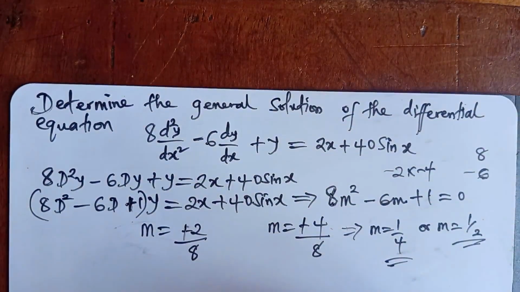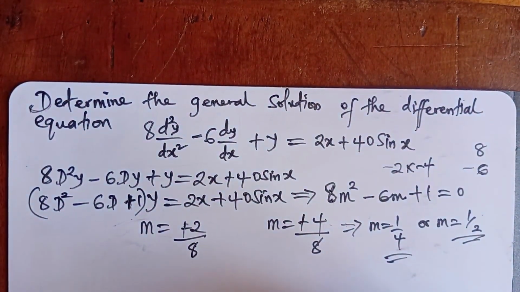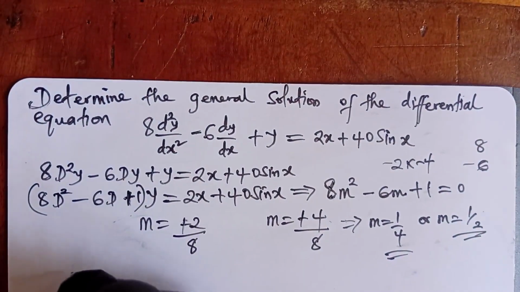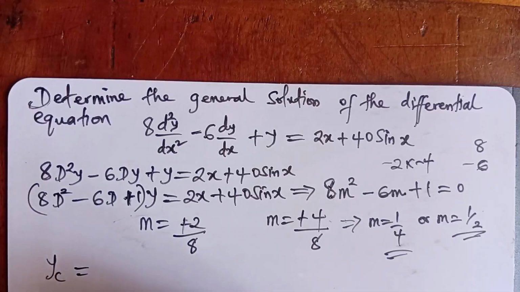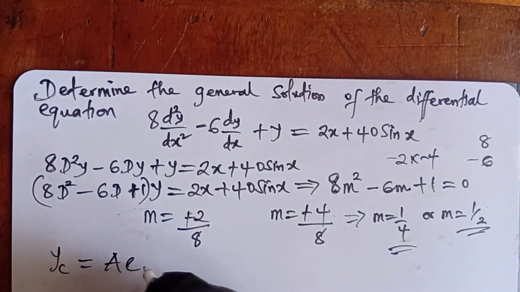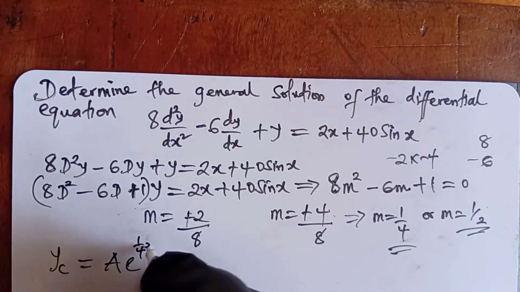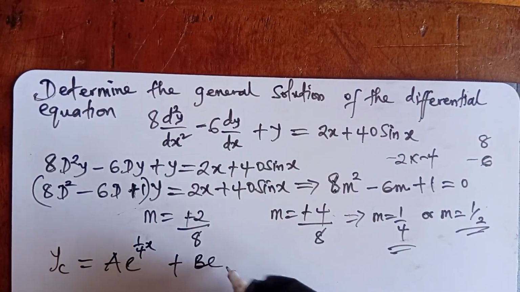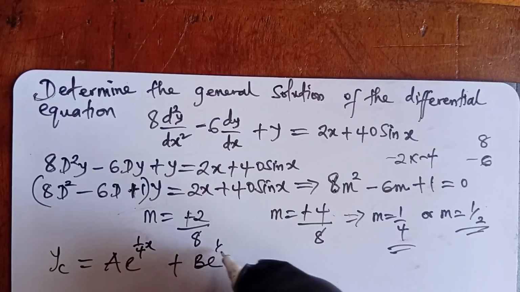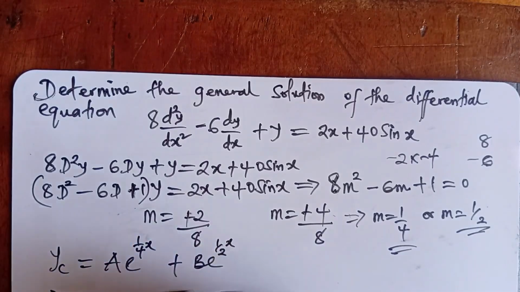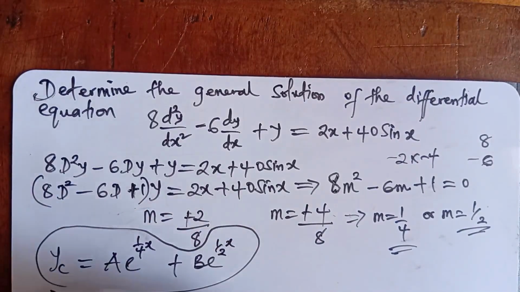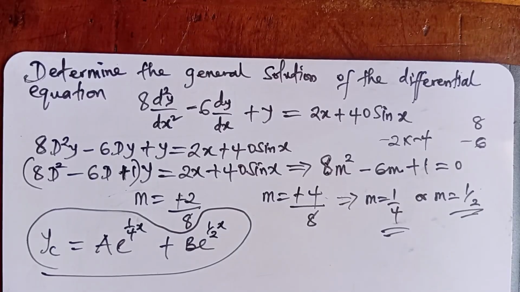So we have real and distinct roots. The complementary function is going to be A e to the 1 over 4 x plus B e to the 1 over 2 x, okay? The next part, which is usually the most hectic part of the solution, is the determination of the particular